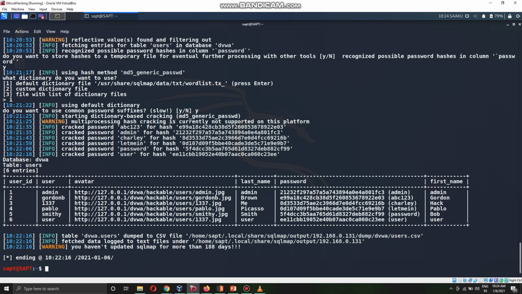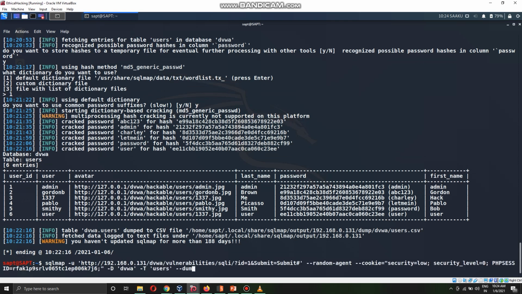As I told earlier, if there is a web application firewall, how to bypass it, we are going to show what to use. There is a flag, --tamper. This flag is used with different scripts. There are different tamper scripts which are used to bypass a web application firewall. Now there are many, like base64 encode, unicode encode, double encode.